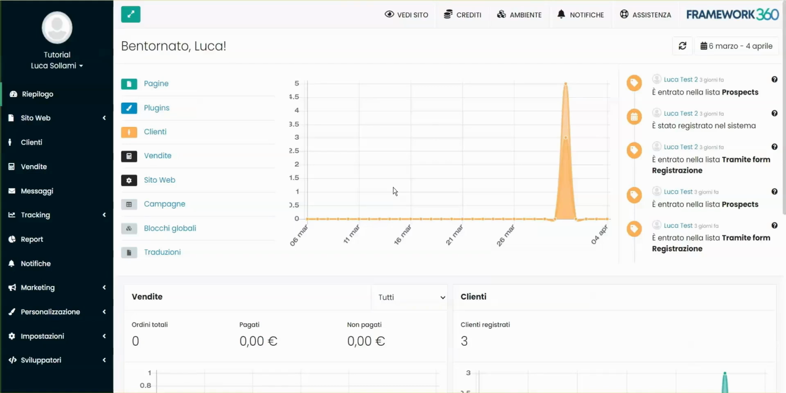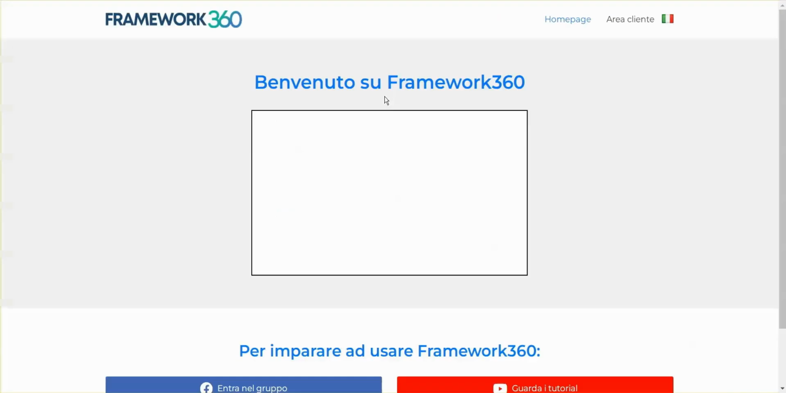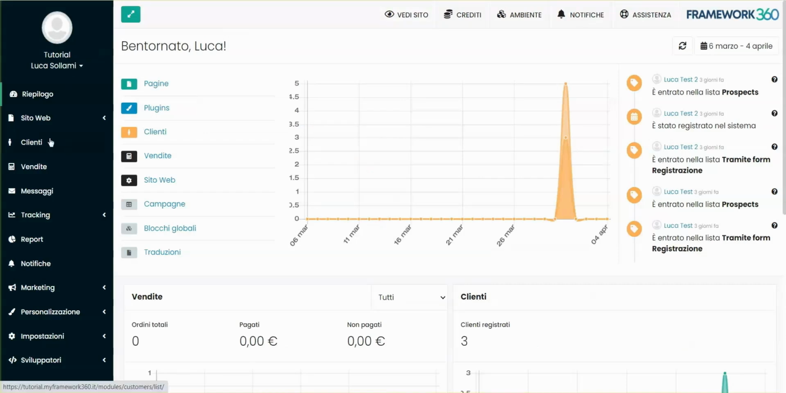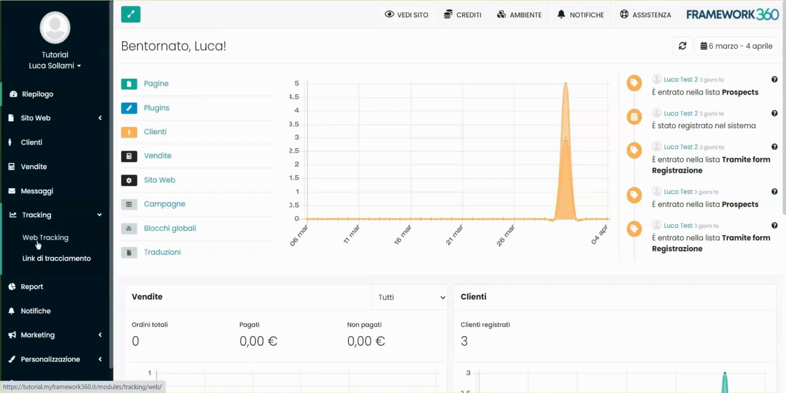In this video, we will see how to track the time a visitor spends on our website built with Framework360. As we can see, we have created this very simple site for this tutorial, and we want to track when, during the navigation of our site, a visitor stays on the pages of the website for more than a certain number of seconds. If we want to perform this operation, indeed, we go inside Tracking, then we click on Web